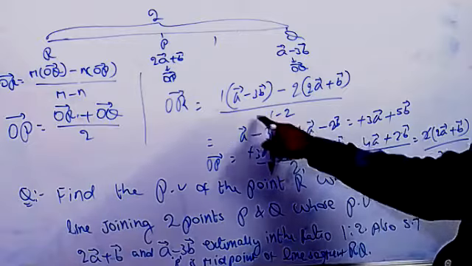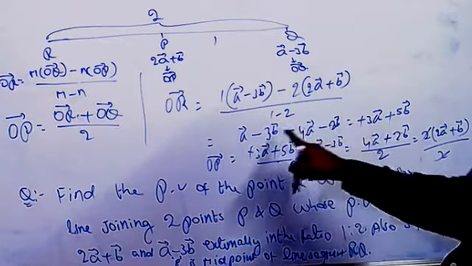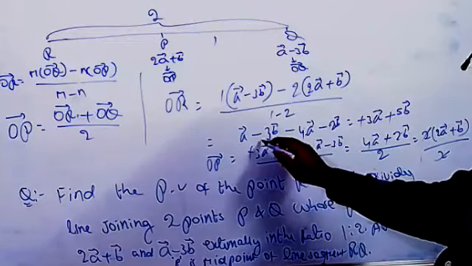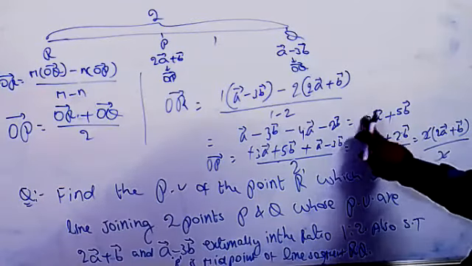This is M minus N. M equal to 1 and N equal to 2. 1 minus 2 equal to minus 1. So what I did is correct only, and the denominator will get minus actually. You can cancel the minus one there, so these two values will now be positive.